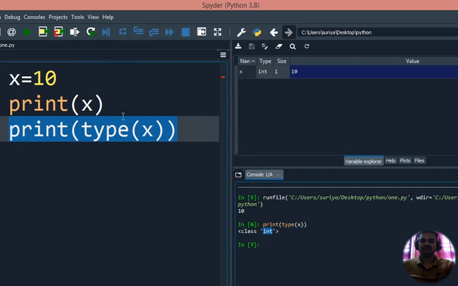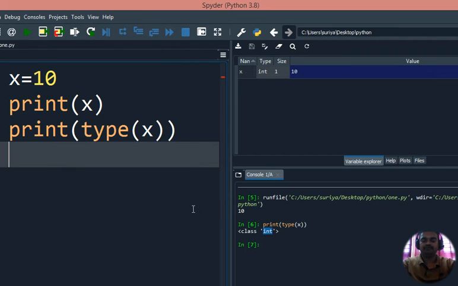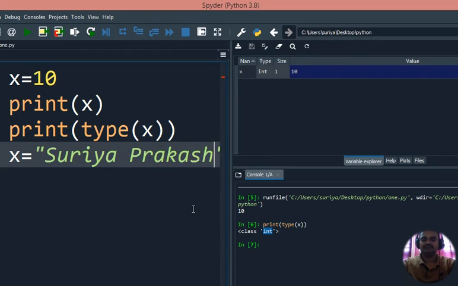So you can give the value to the variable, and according to the value, the variable will be declared. Here I am giving an integer variable. If I want to give a floating point or a string variable, I am just allotting x equal to, within double quotes, a string.